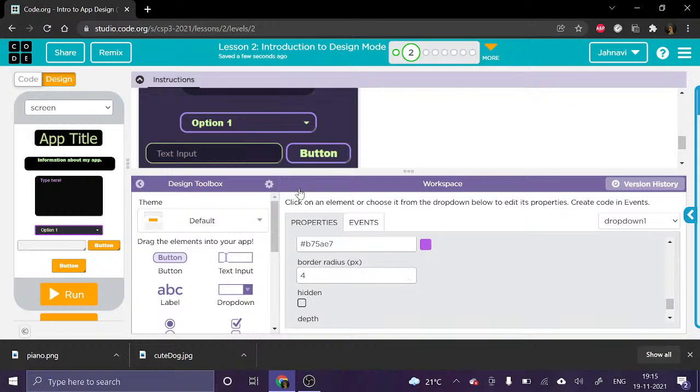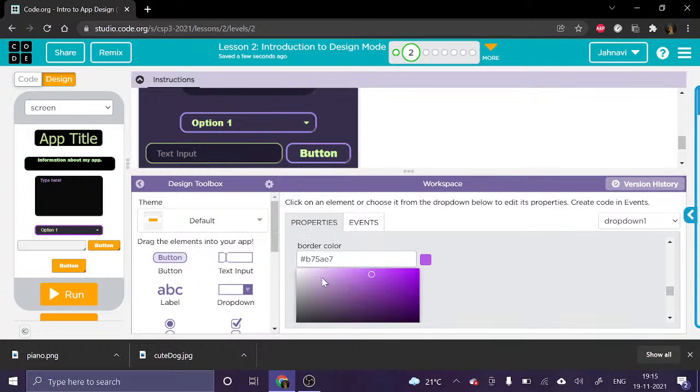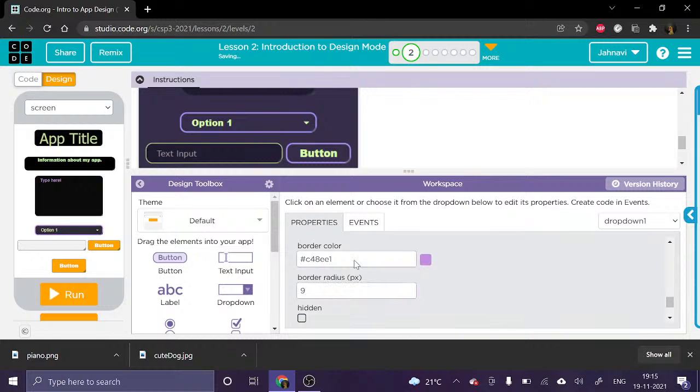Yeah, and it's curved, so I'll increase the border radius as well. The color should be a bit light, so I'll change it. Okay, and